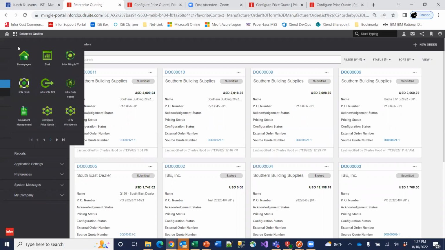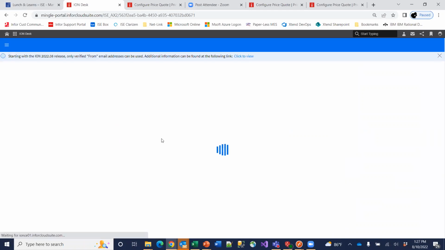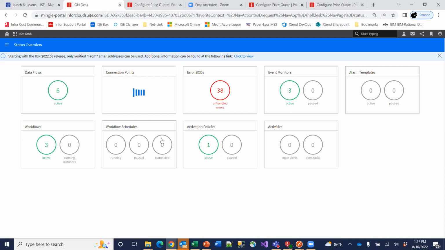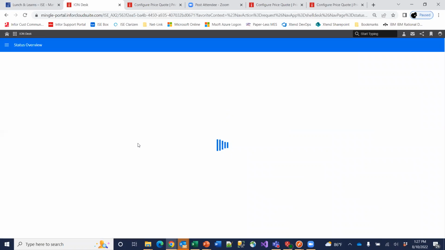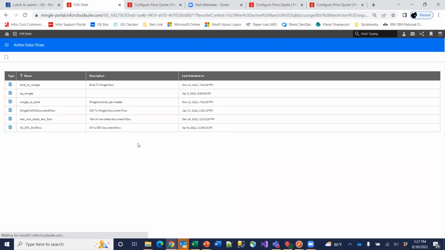And then they talk through Ion. They talk through a data flow that you set up in Ion Desk, and you then push the BOD, what they call the business object document. It's XML, and that pushes from EQ into XA. So what happens is EQ encodes the data for a sales order. It's not really encryption, it encodes. You can also push quotes to XA, by the way, and you can then convert the quotes to